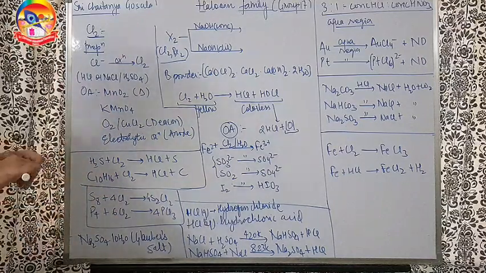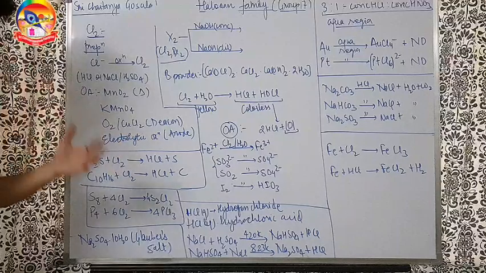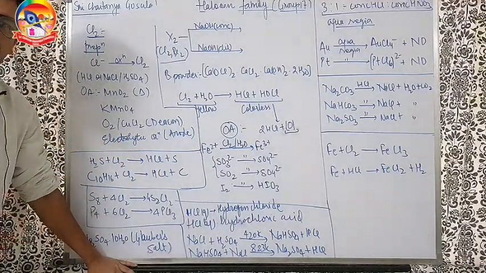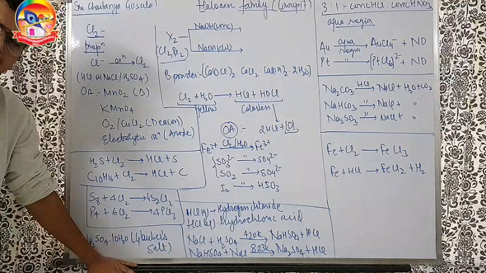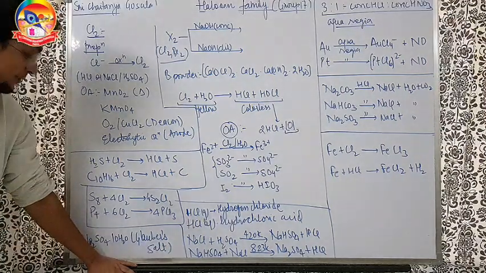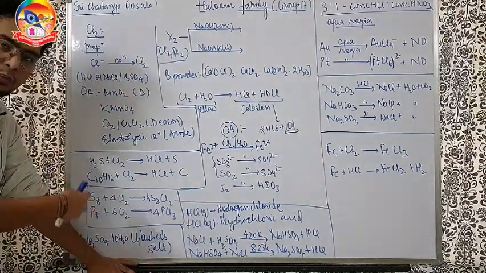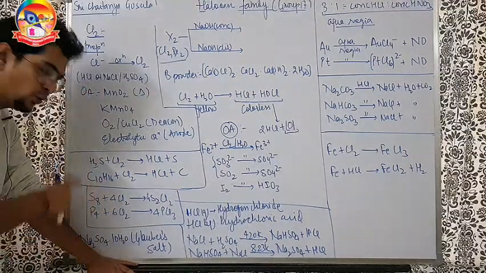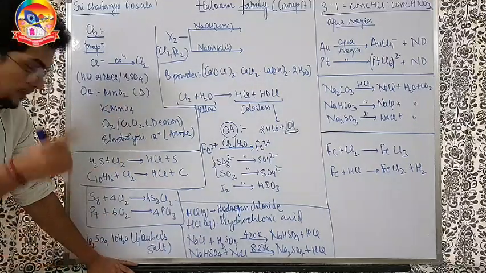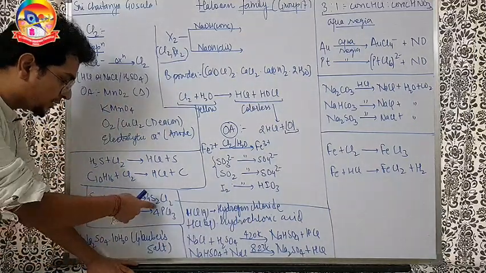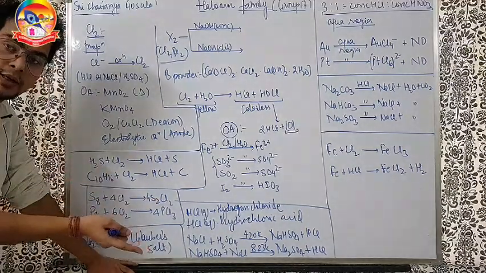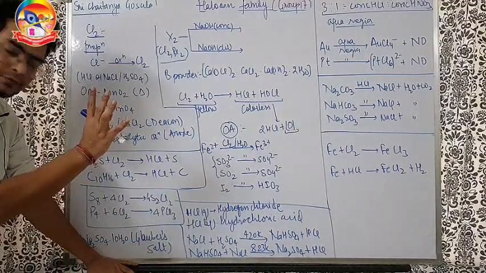Also, two more reactions I am writing here just for reference. Other reactions are also there, like aluminium plus chlorine gives AlCl3, sodium plus chlorine gives NaCl. All those are very simple reactions, you can simply write them by yourself also. These two reactions I am writing because I have to tell you what is there in the NCERT. Sulfur with chlorine can form SCl4 also, but in NCERT with S8 and Cl2, S2Cl2 is there. So always check the stoichiometry. If stoichiometry is not written, then go with S2Cl2.